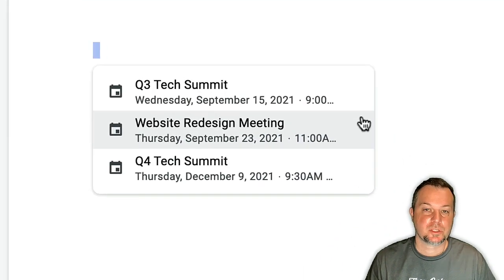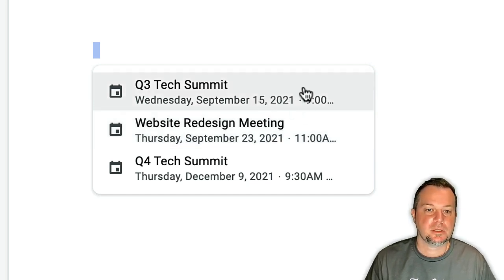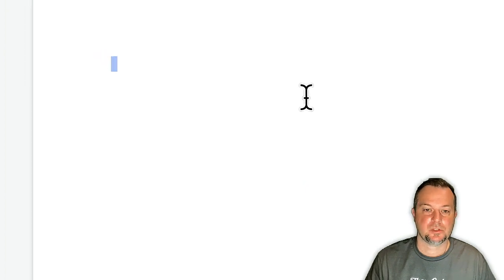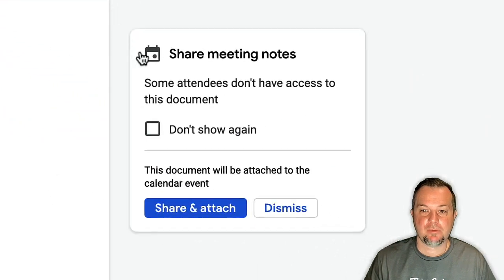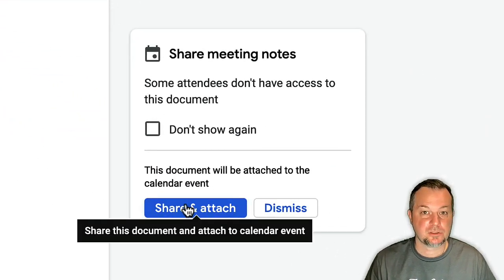Google Docs will scan through all your upcoming events inside Google Calendar. At this point, it's up to you to choose the event that you'd like to create notes for. I'll click here on this Q3 Tech Summit option. Now when we choose that, you'll see that we have the option to share and attach the document with all